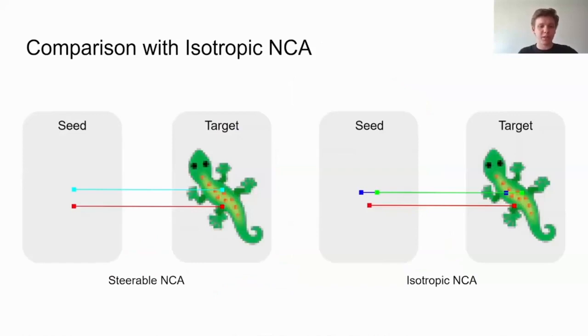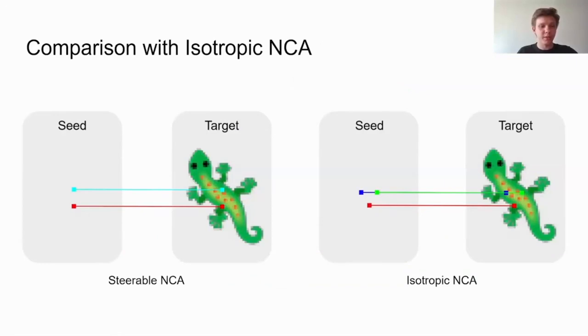Because isotropic NCA with its Laplacian perception filter is completely rotation and reflection invariant, its training necessitated a structured seed with at least 3 non-collinear points. This way, we define 2 axes about which the model can rotate and reflect. With steerable NCA, however, like we mentioned, the reflection is automatically given to us by the Sobel filters. So our seed structure can be simplified to just 2 points defining a single axis along which the model aligns